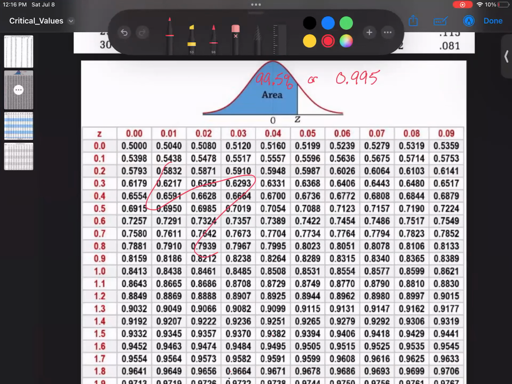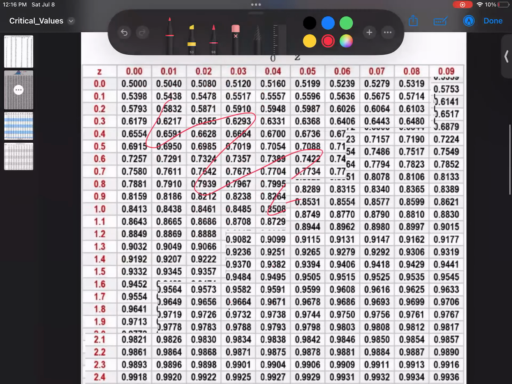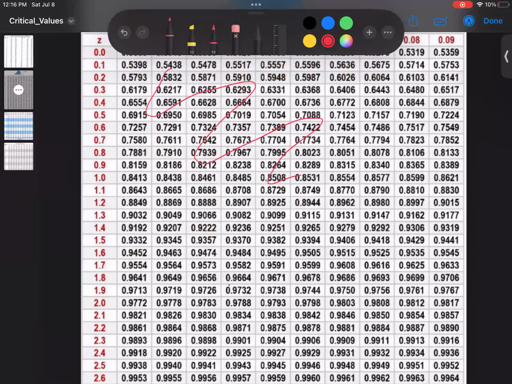So I look through these values until I find the probability of 0.995. And I think I'm trapped between two values. Here is 0.9949. And here's 0.9951. So 0.995 is right in the middle of those two. So let's take the average of these two z-values that we get. For the first box, the z-value that has 99.49% of the area to the left of it is going to be 2.5